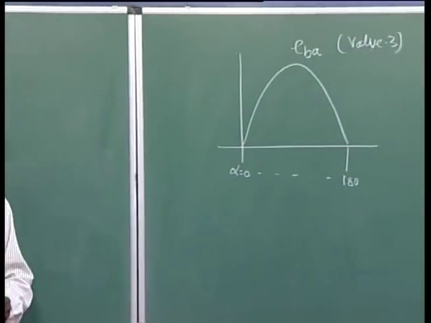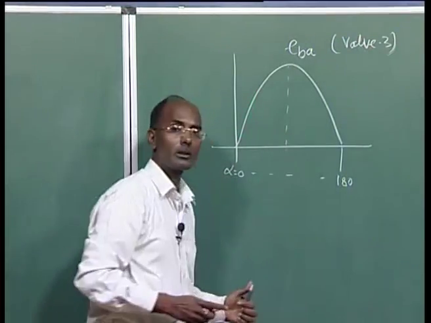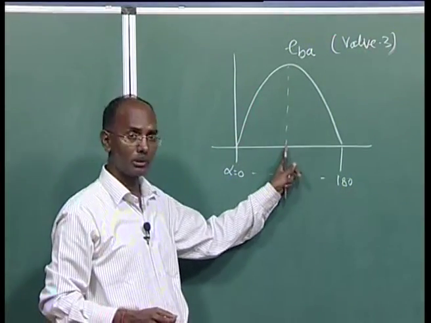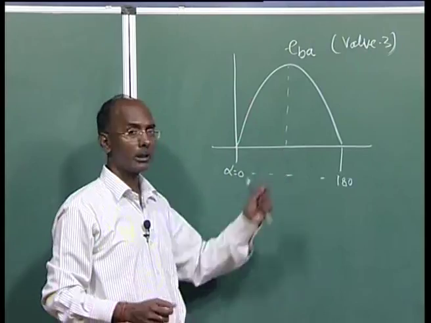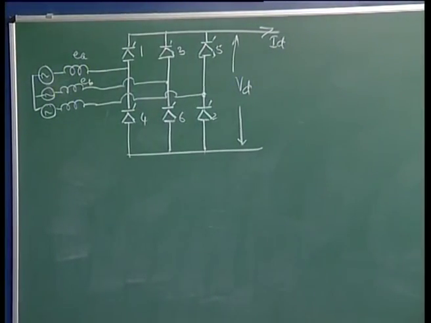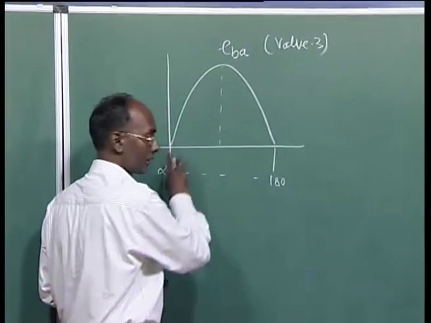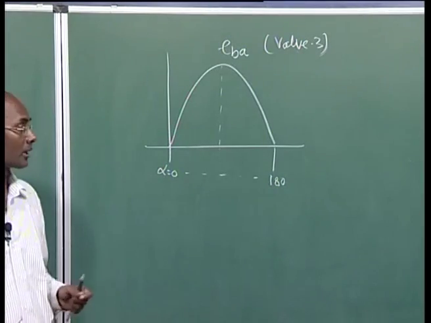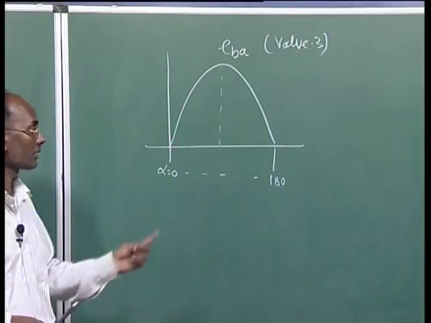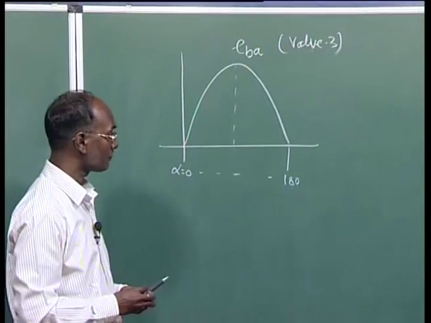In the rectification mode, if your alpha is 90 degree, you are getting 0 voltage. At 90 it is 0, but just before that you are getting the positive output across this converter circuit, and once your alpha is more than 90, the voltage is going to be reversed, that is negative, and we can fire in this duration because the voltage across the valve will be positive, and then we can give the gate pulse and valve 3 will be fired. So, this is your commutation voltage of the valve 3.